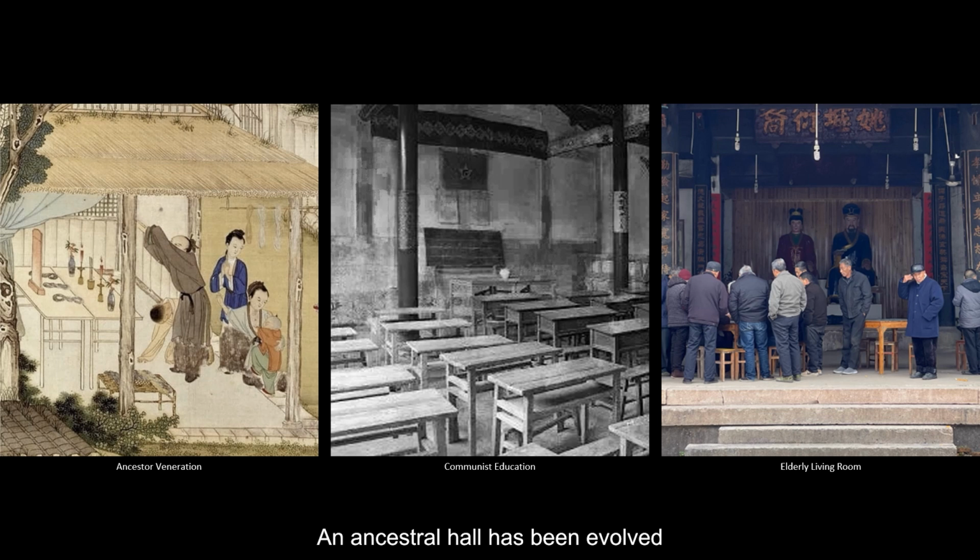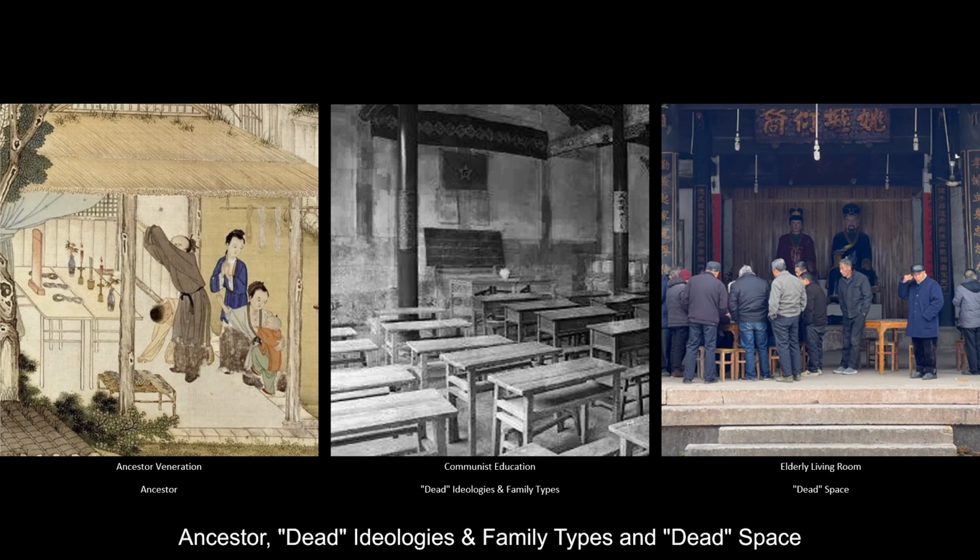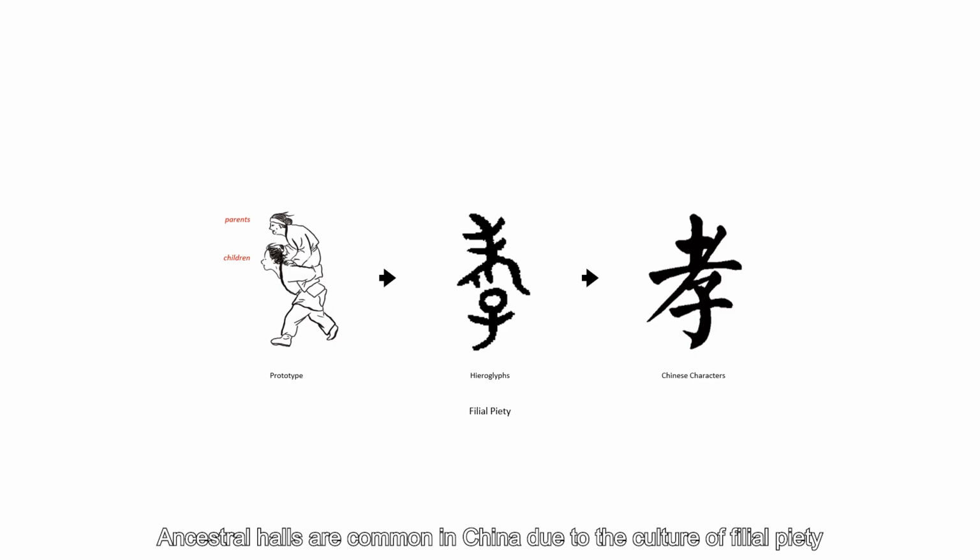The ancestral hall has evolved from ancestor veneration to communist education, and is now appropriated by the elderly as a living room. It goes through 3 stages: ancestor, dead ideologies and family type, and dead space. Chapter 1: Ancestor. Ancestral halls are common in China due to the culture of filial piety, which means respecting parents,